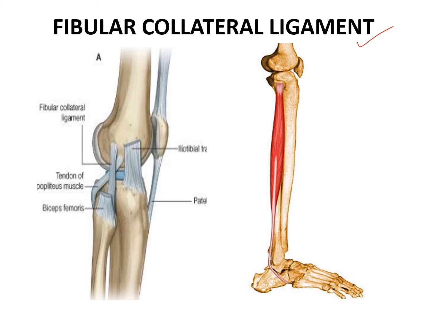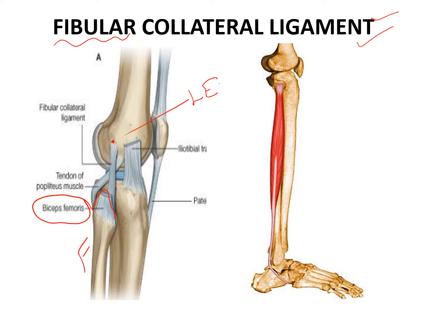Next, we will discuss the fibular collateral ligament. Now the fibula is the laterally placed bone in the leg, so obviously this ligament should be present lateral to the knee joint. So this ligament is placed laterally. Let us see its attachment. It is attached to the lateral epicondyle of the femur and to the styloid process of the fibula. It is embraced by the tendon of a muscle called biceps femoris. So that was the attachment of the fibular collateral ligament.